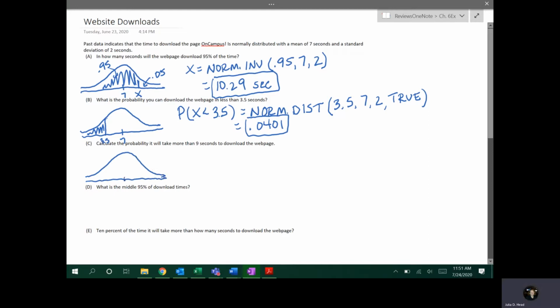Part C also gets a picture. This time it's 9 seconds is where the mark is, so that would be to the right of 7. And it says more than, so we shade to the right. This would be a dist question. Now since it's greater than, or because I shaded to the right, I need to use the complement rule. So we have 1 minus norm.dist